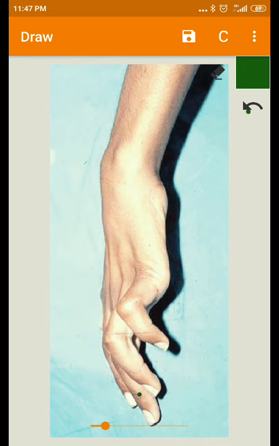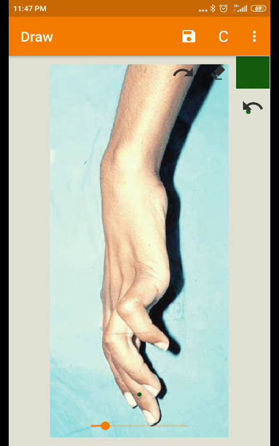Because of an injury at the wrist level, the person exhibits a condition called ulnar claw hand. What do you call ulnar claw hand? It is distributed to the medial 1.5 fingers. So you can see most clinical features of that syndrome in those medial 1.5 fingers. Sometimes the middle finger is also involved.